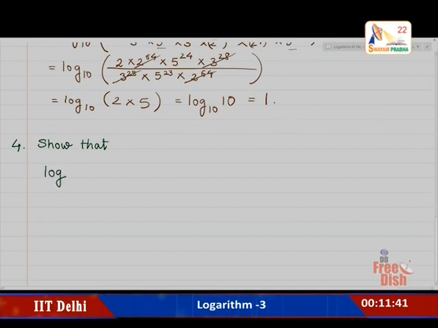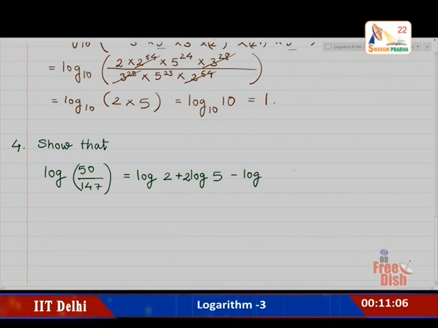Log of 50 by 147 is equal to log of 2 plus log of 5. Okay, here there is some correction, it should be plus 2 log of 5 minus log of 3